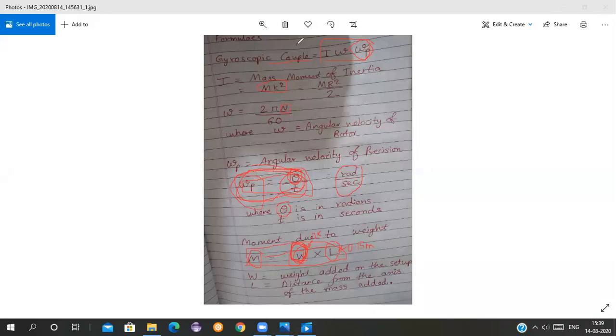Or you can also take some different values of mass. When you increase the mass, you have to keep in mind that the angular velocity will change. We took 60 degrees for 10 seconds, so the same 60 degrees it will cover in, let's say, 7 seconds when you add 2 kg. So the angular velocity will be increased. It will be more.